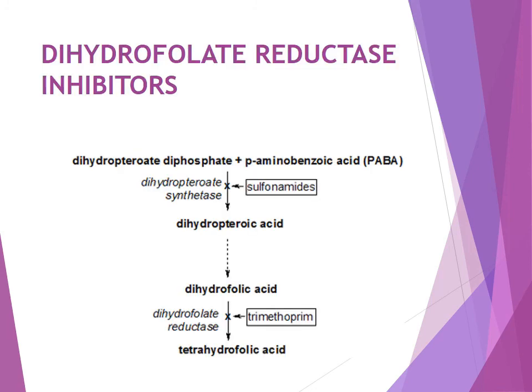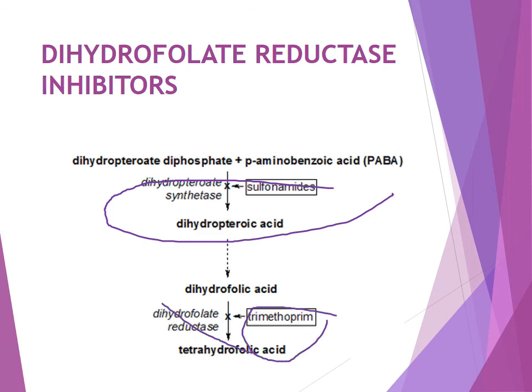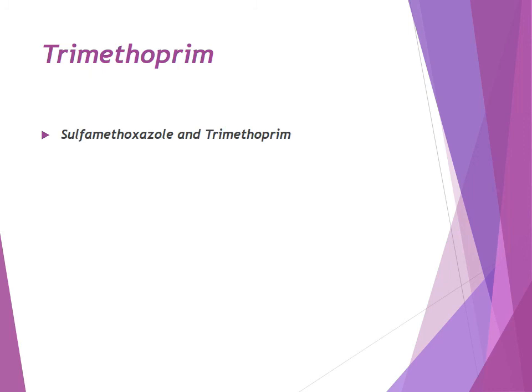Next, we have our dihydrofolate reductase inhibitors. Kanina, itong sulfonamide, this will inhibit your dihydropteroate synthetase to prevent the formation of folic acid. While your trimethoprim will inhibit now your dihydrofolate reductase para walang mapuform na tetrahydrofolic acid or your folic acid. Usually, in combination yan. Combination ang sulfonamide tapos trimethoprim. One preparation na mayroong sulfonamide and trimethoprim is your sulfamethoxazole and trimethoprim, or also known as cotrimoxazole, brand name Bactrim.